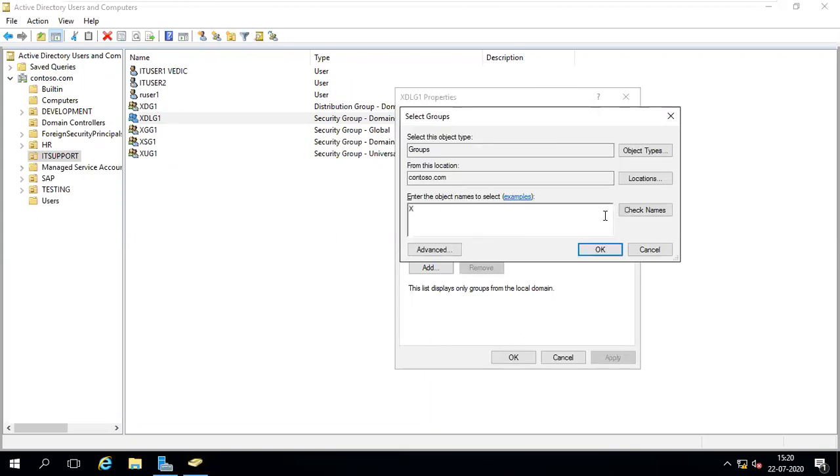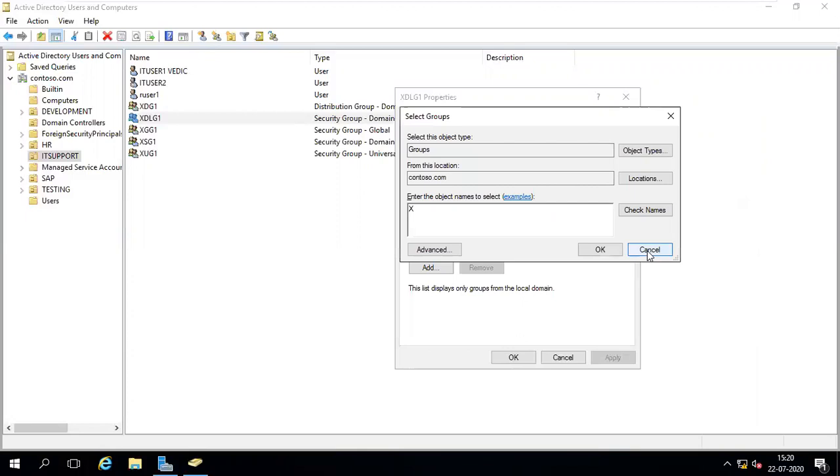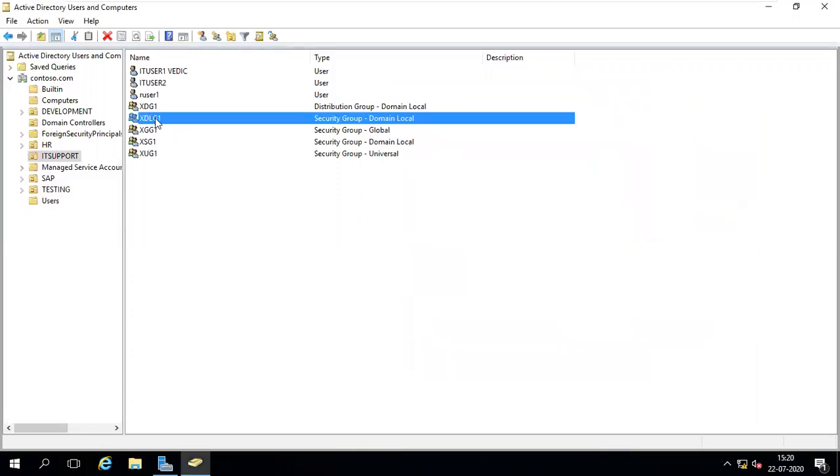Can you see SG, DG, DLG? These are all domain local groups only. GG1, UG1 not showing. It means domain local group, global group, and universal group can be a member of domain local group. But domain local group cannot be a member of global group and universal group.